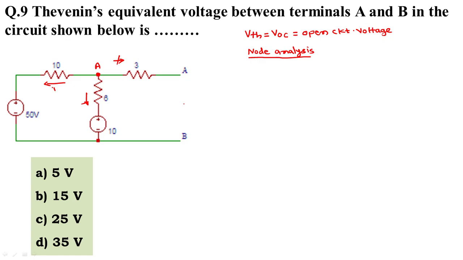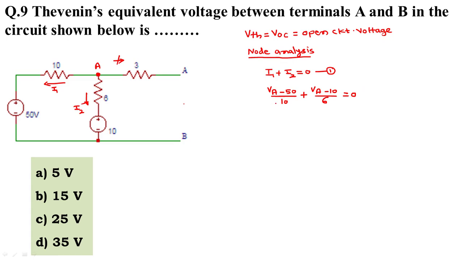That means if you have said this current I1, this is I2, then both the currents are leaving from the node. So your equation is I1 plus I2 is equal to 0. Let this be equation number 1. If I assume nodal voltage at point A as VA, then I1 comes out to be (VA minus 50) divided by 10 plus I2, which is (VA minus 10) divided by 6, that is equal to 0.